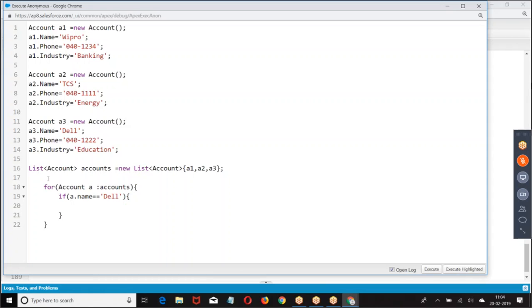Then we can say Account ACC equal to that. This is what I have to write, because I don't know which account has the name Dell. If you want to get the account whose name is Dell, take one record at a time and start comparing it.